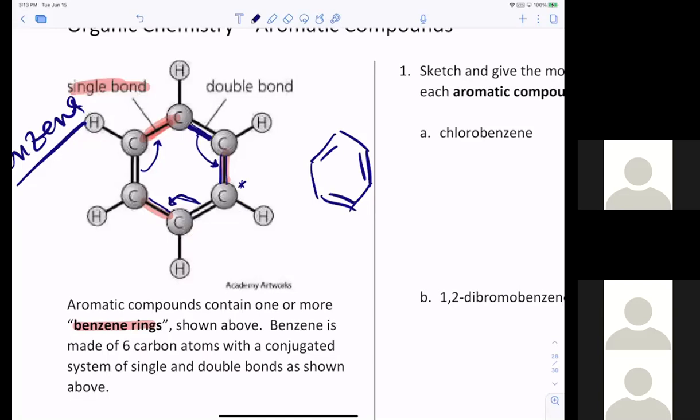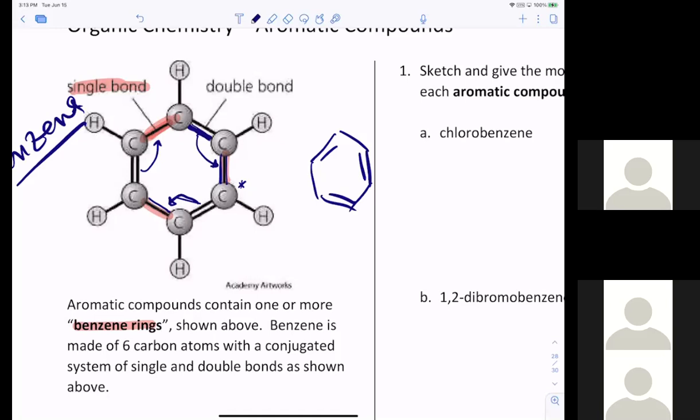But it still suggests single, double, single, double, single, double. Well, imagine these electrons just keep moving around the ring, constantly moving around the ring. Well, then you could say on average, there's like an average of a hybrid of a single and a double